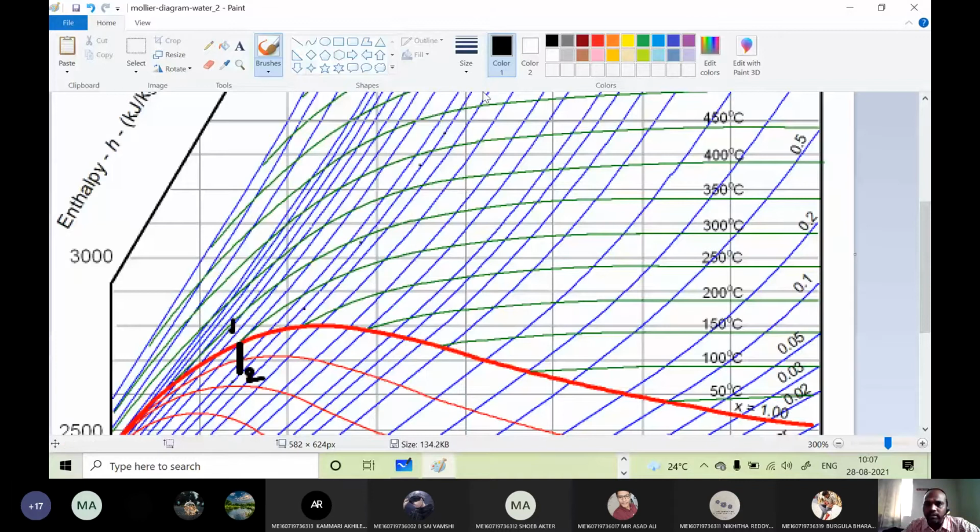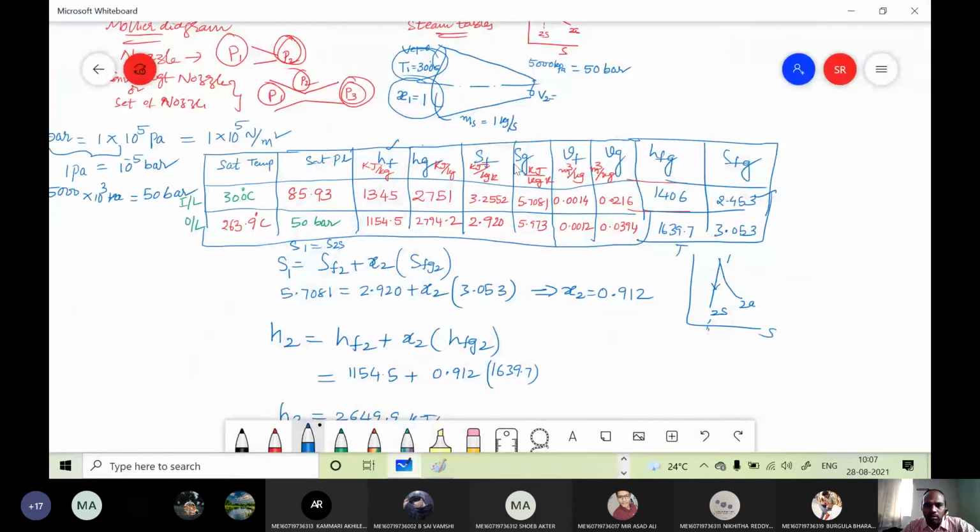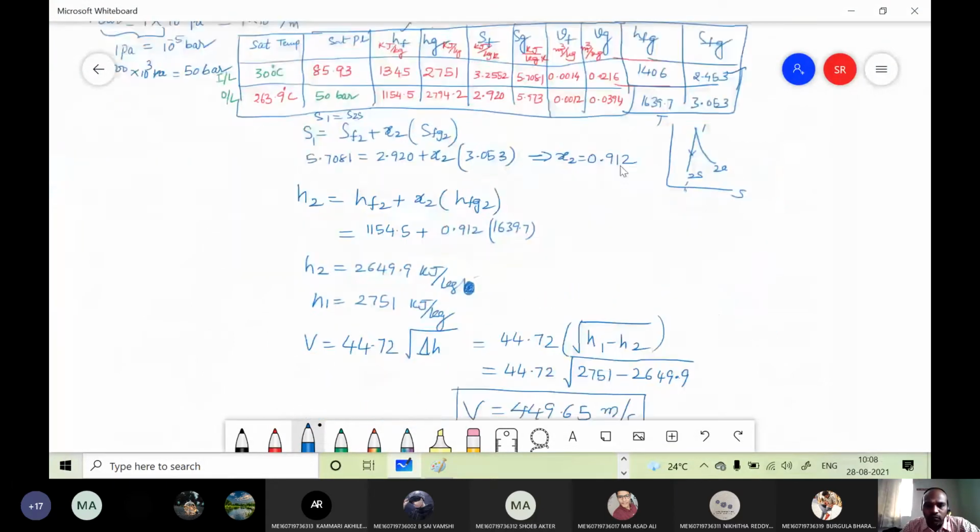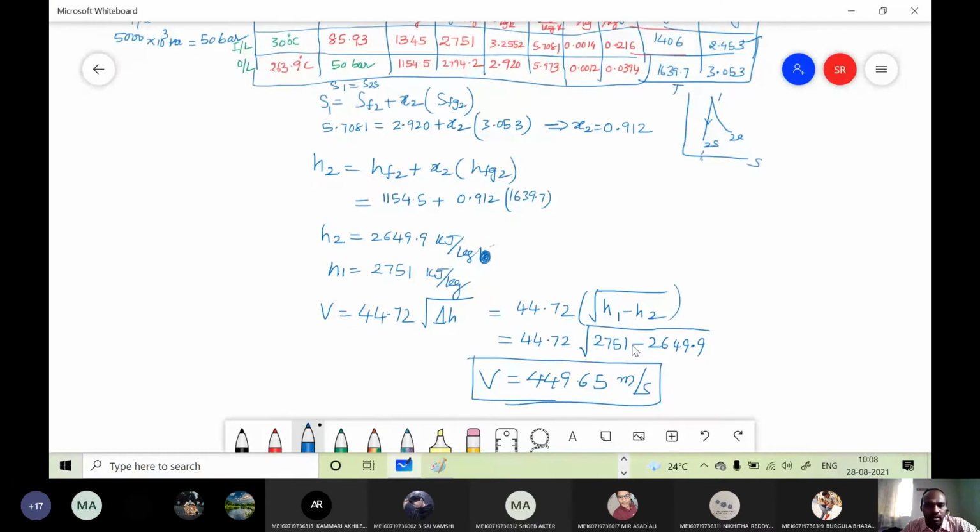Now we need to draw horizontal lines onto the y-axis because directly I am getting enthalpy. You can see here on the y-axis I am having enthalpy in kilojoules per kg. And if you see the problem, the whole story we did was to calculate only enthalpies. Agree? H1, H2. If you know H1, H2 directly, you can substitute in the formula. Agree? Yes, sir. Right, now we are getting H1, H2.